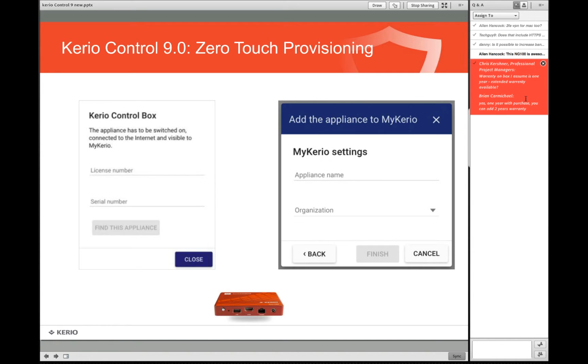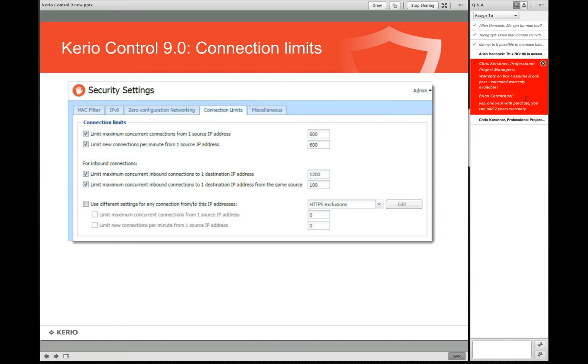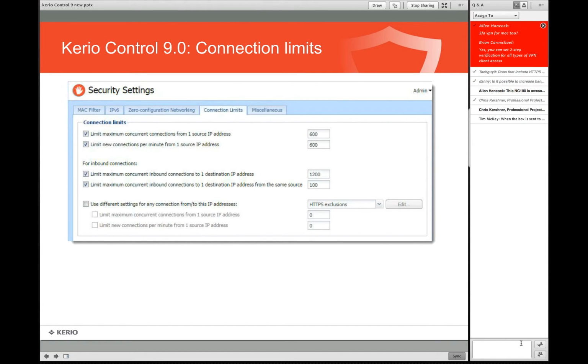new box as well. So you can share settings that have already been set up for other boxes that you want to be applied to your new box as well. And administrators that have access to that organization will be able to help you manage this box as well. So zero-touch provisioning uses MyKerio, and we'll look into more details about what else we've added into MyKerio